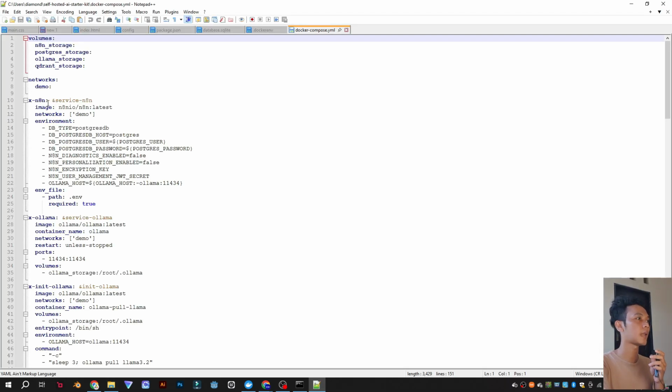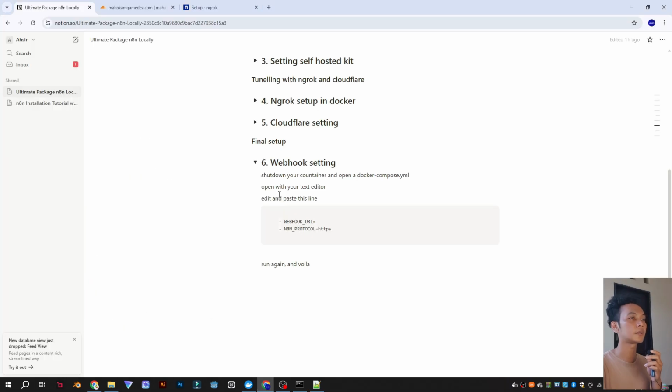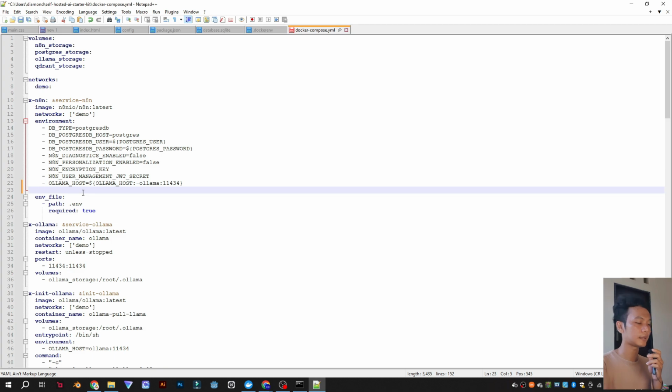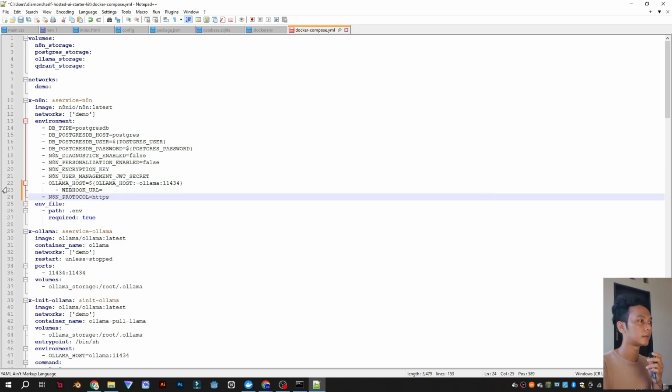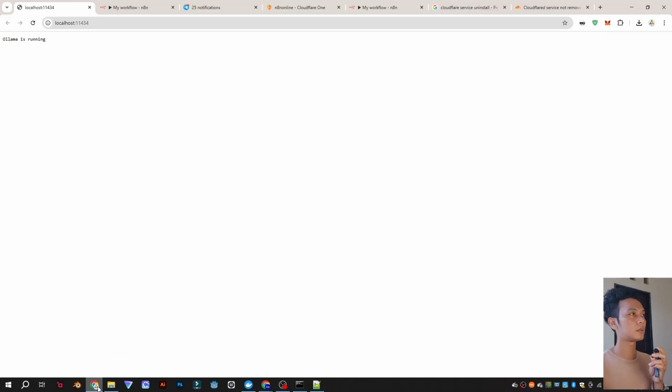Then find this line in the N8N service. I go enter and copy this command. You can copy here and paste it in here. So for the URL, you can visit your own.